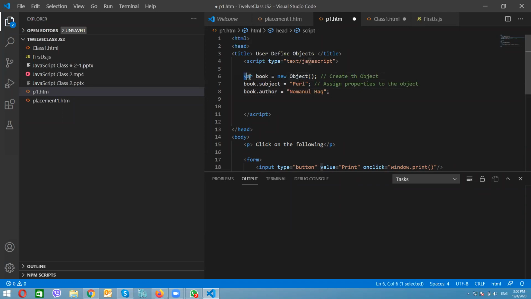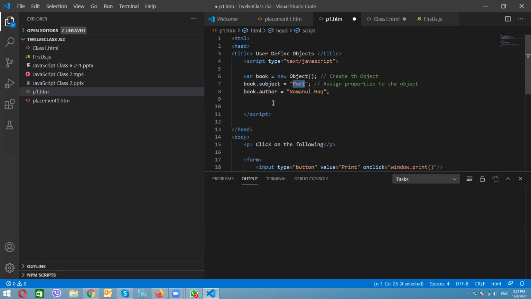How are we creating it? Again, we are creating it the way we create a normal variable. The object which we are creating, the object name is book. With this object we are creating some properties. There are two properties of that book. Subject, we have some subject.